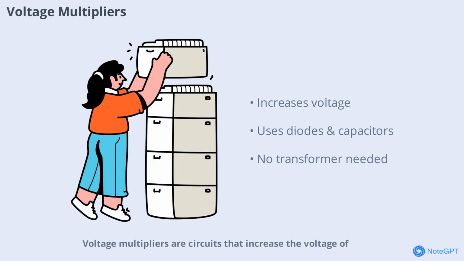Voltage multipliers are circuits that increase the voltage of an input signal without the need for a transformer. They use a combination of diodes and capacitors to achieve this effect. Common types include doublers, triplers, and quadruplers, each multiplying the input voltage by a specific factor. Voltage multipliers are widely used in devices that require high voltage but low current, such as cathode ray tubes and